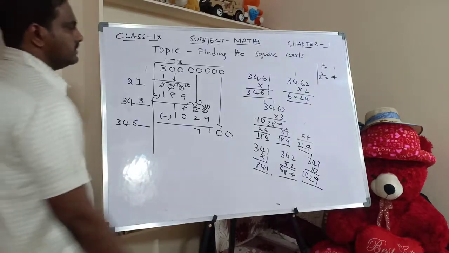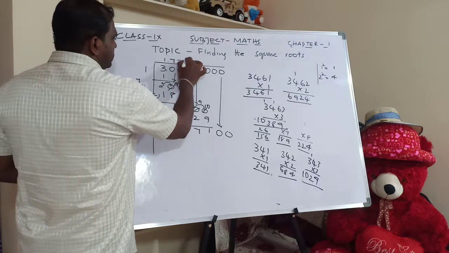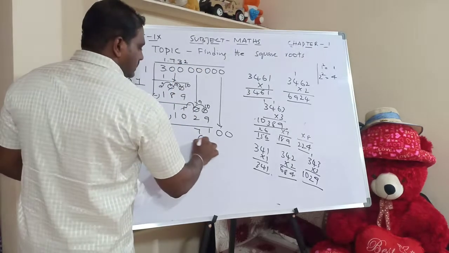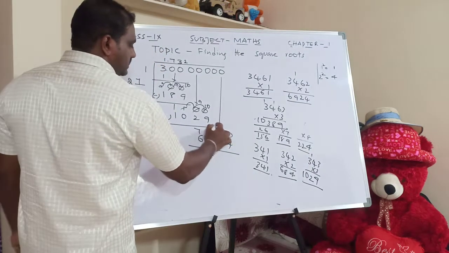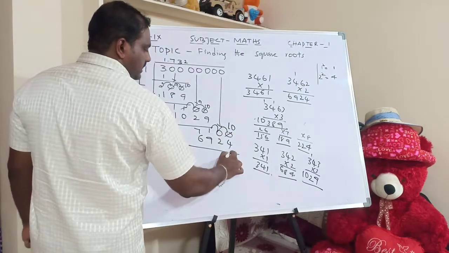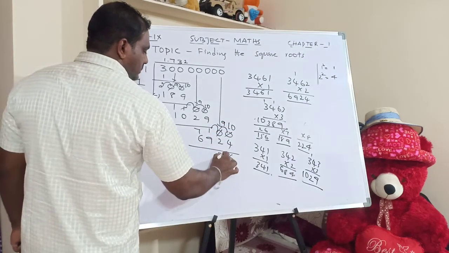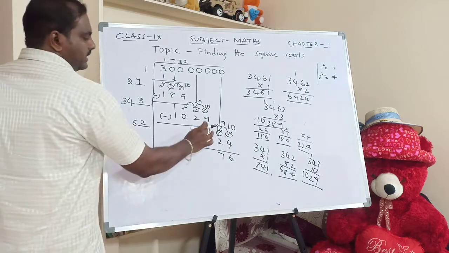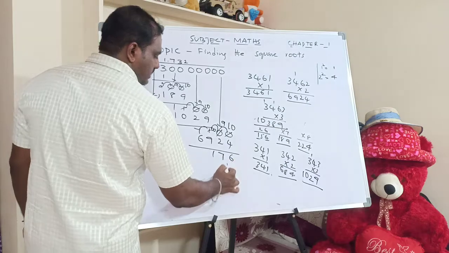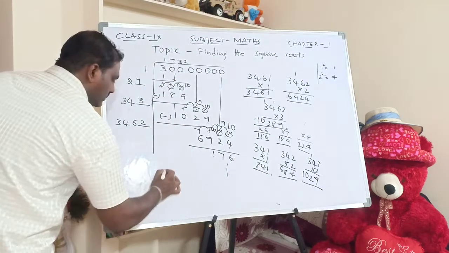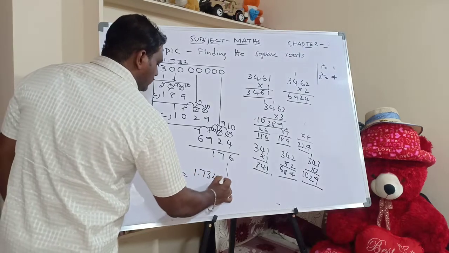So which is the best option? This. So I should write 2 here and 2, then it is 6,924. So how much is it? It is 10, 10 minus 4, 6 and it is 9, 9 minus 2, 7 and this one is already carried, it will be 10, it will be 1 and so on. So what is the value? Root 3 is equal to 1.732 and so on.